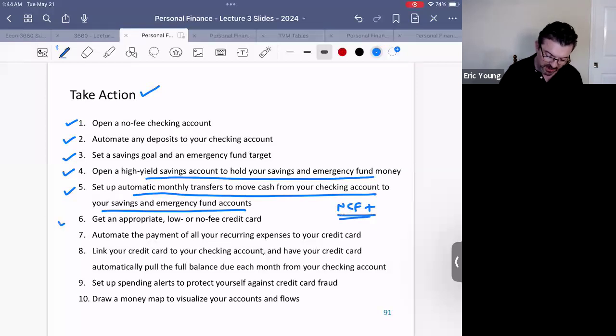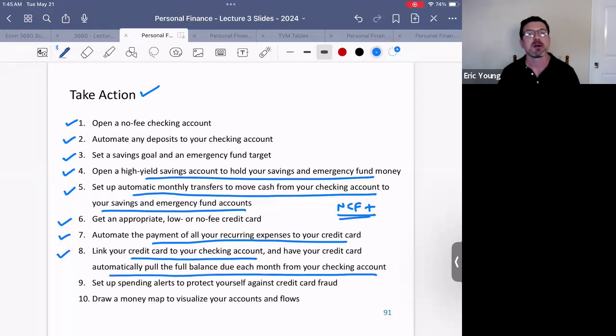You're going to get an appropriate no fee or low fee credit card. You're going to automate all of your recurring expenses to your credit card to simplify your life and to get some frequent flyer points or cash back or whatever you're going to get. You're going to link your credit card to your checking account so that once again, you're going to automate all your payments. So you never miss a payment. You never pay interest. You win-win. The credit card companies work for you, basically. You don't work for them. You're going to set up a spending alert to protect yourself against fraud. And then finally, because I said before that this is all about infrastructure,